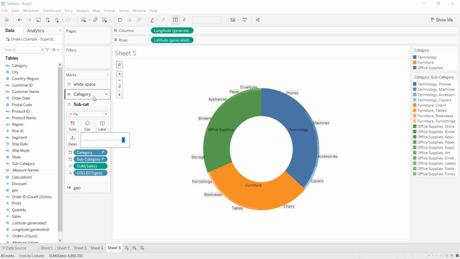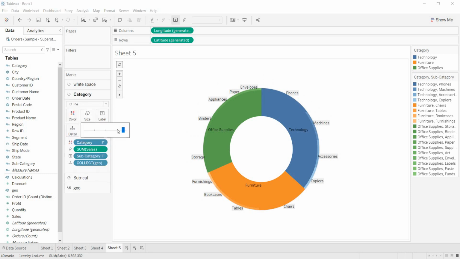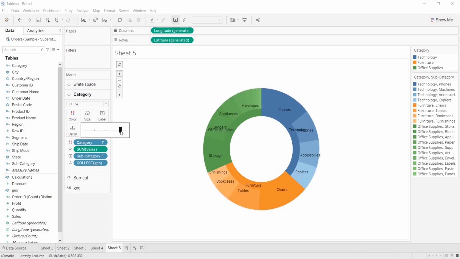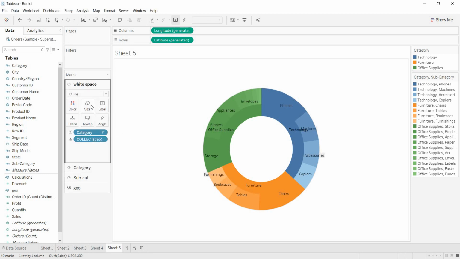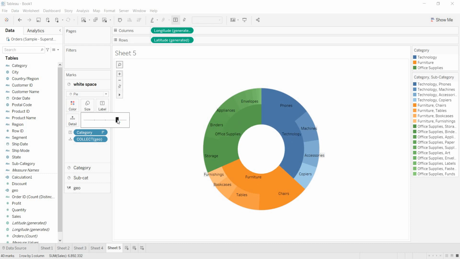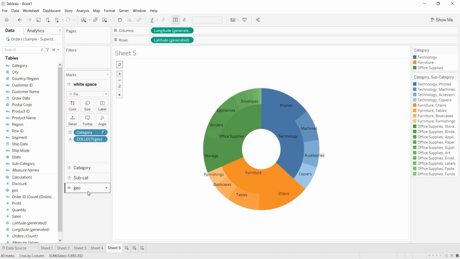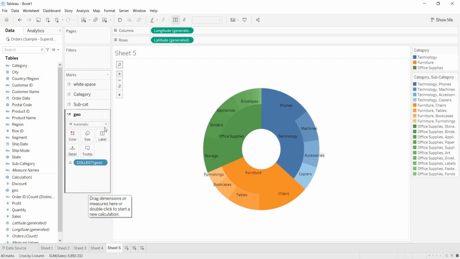Not this. Okay, that is fine. Just let me decrease the size of category a bit. Now let me decrease the size of this white space a bit.